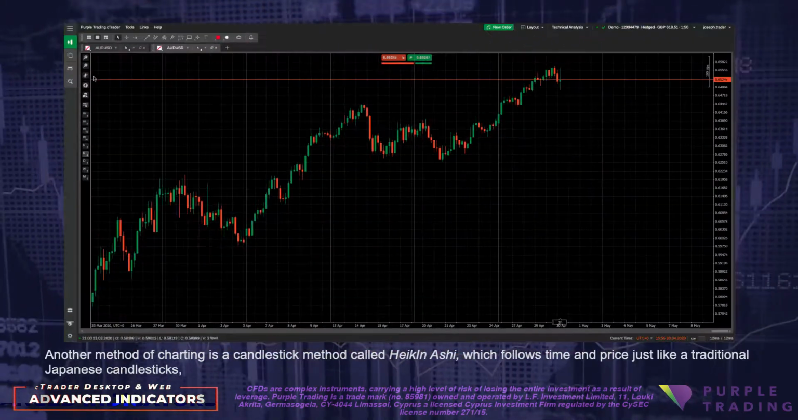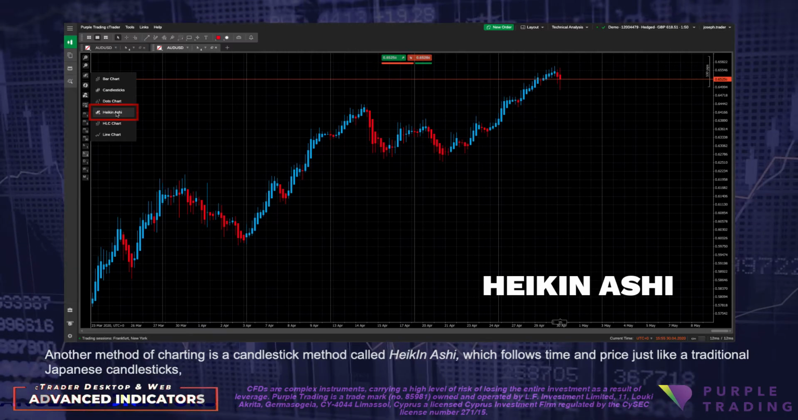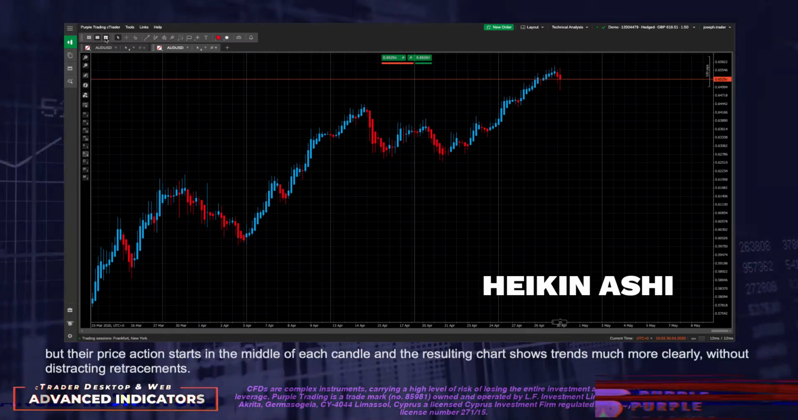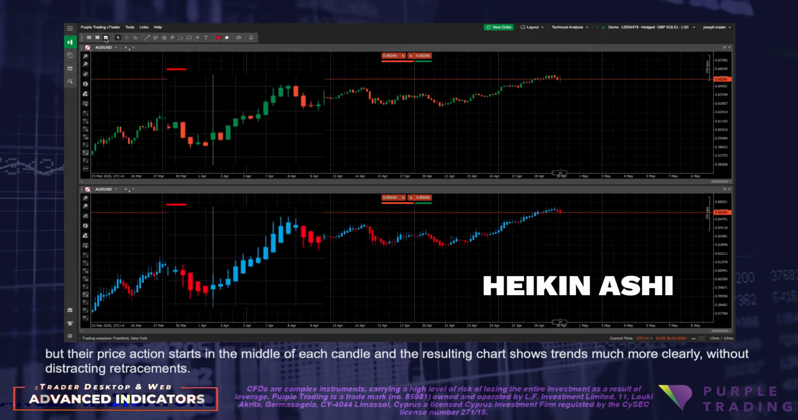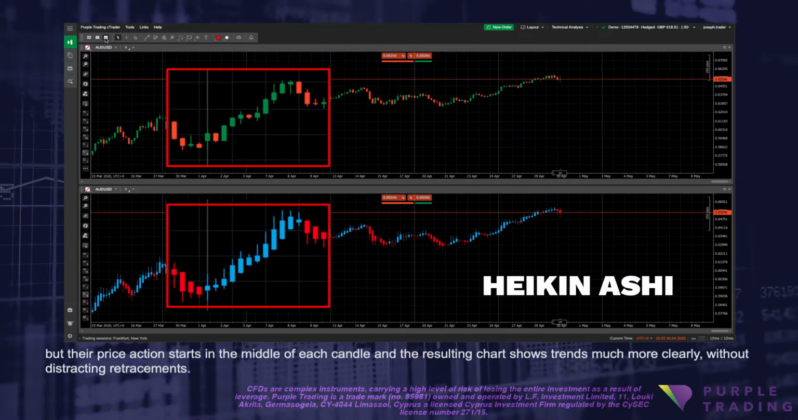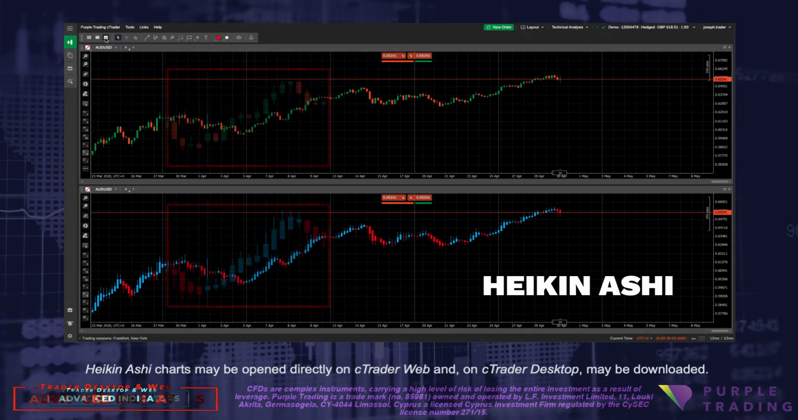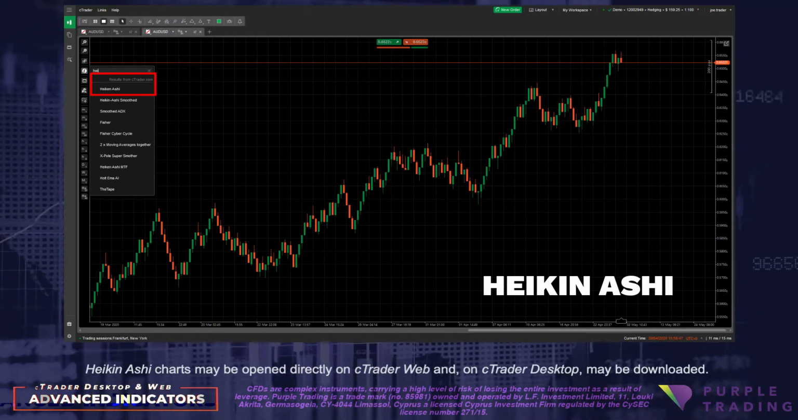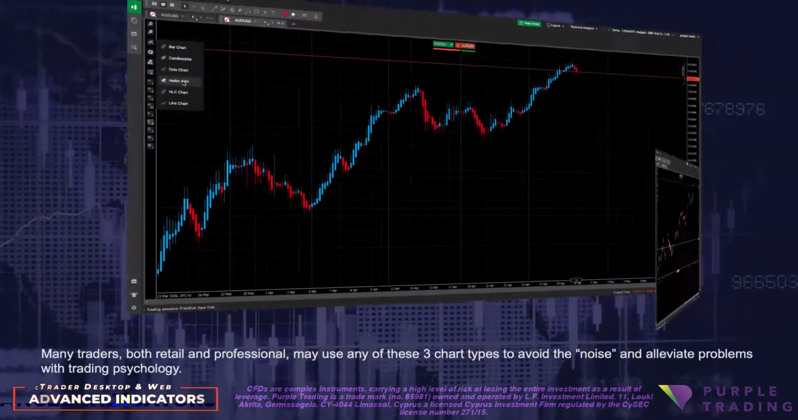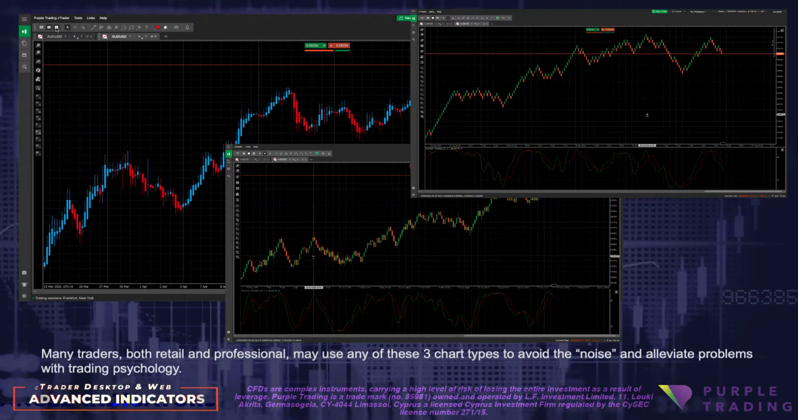Another method of charting is a candlestick method called Heikenashi, which follows time and price just like traditional Japanese candlesticks, but their price action starts in the middle of each candle, and the resulting chart shows trends much more clearly without distracting retracements. Heikenashi charts may be opened directly on cTrader Web, and on cTrader Desktop may be downloaded. Many traders, both retail and professional, may use any of these 3 chart types to avoid the noise and alleviate